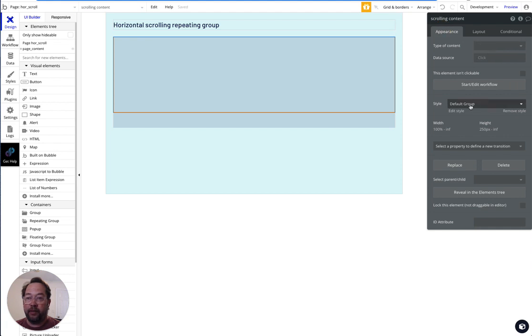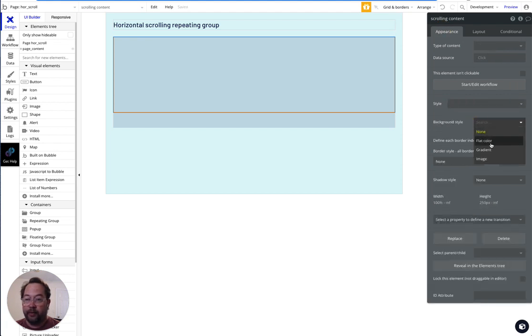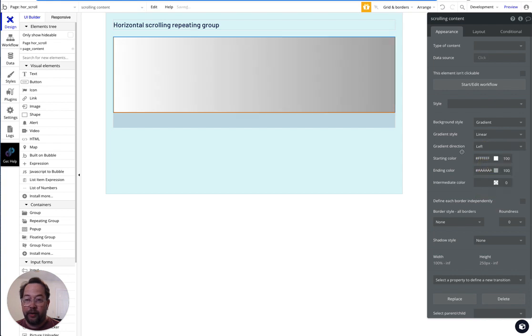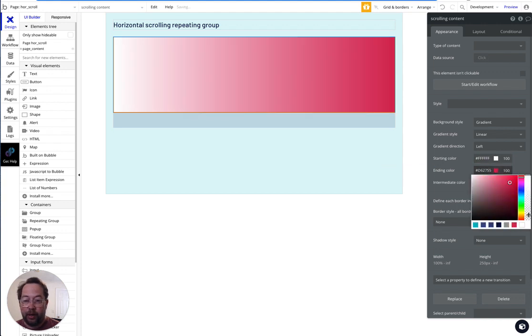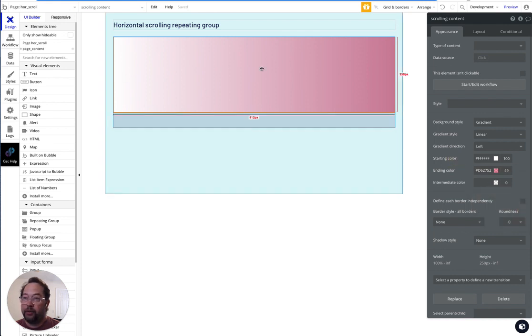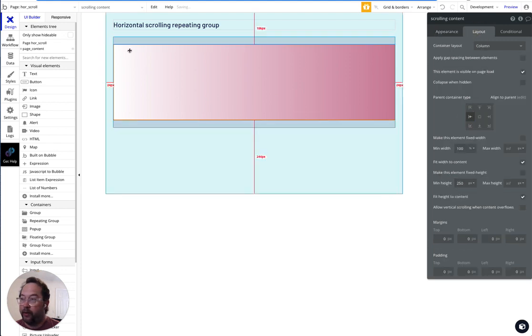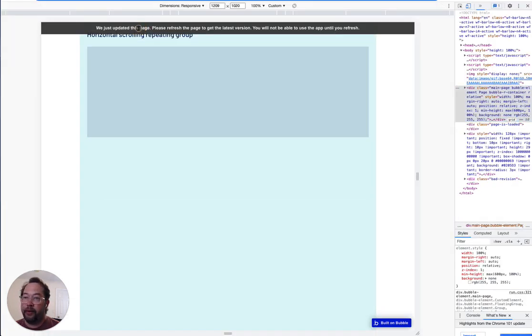So I'm going to give this a gradient so we can see something scrolling left to right. And that's fine there, I think. Let's just make this part a little bit more colorful. And we can see as we scroll then. So in fact, I'm going to give this, let's just put it here, so we have it directly in the center for now. And if we go back and we preview again,